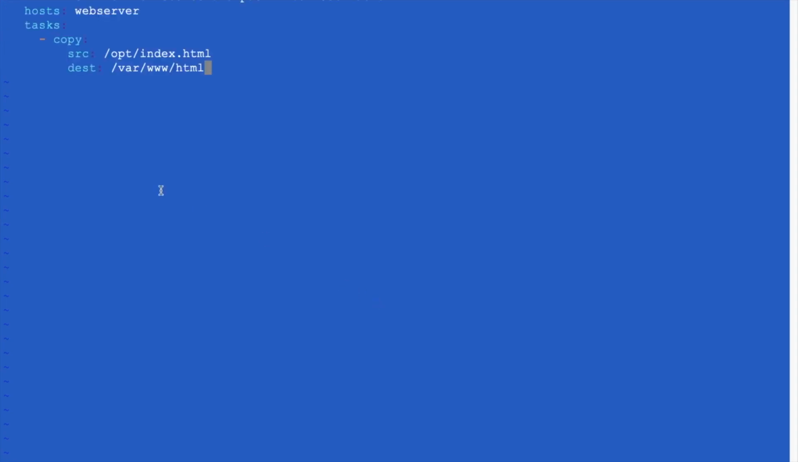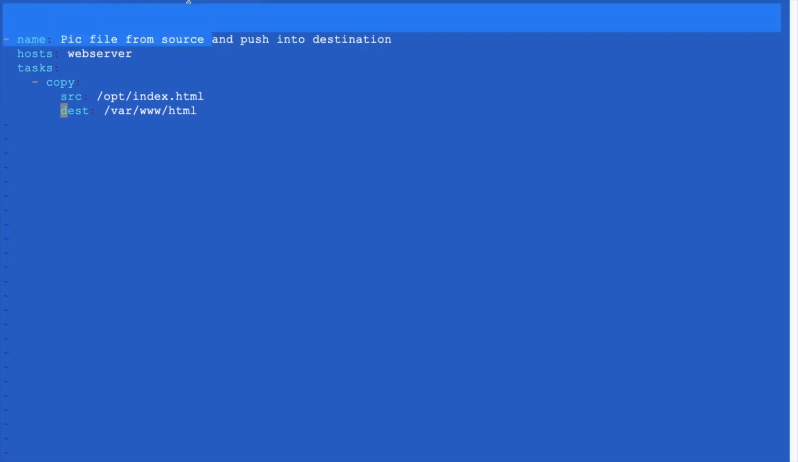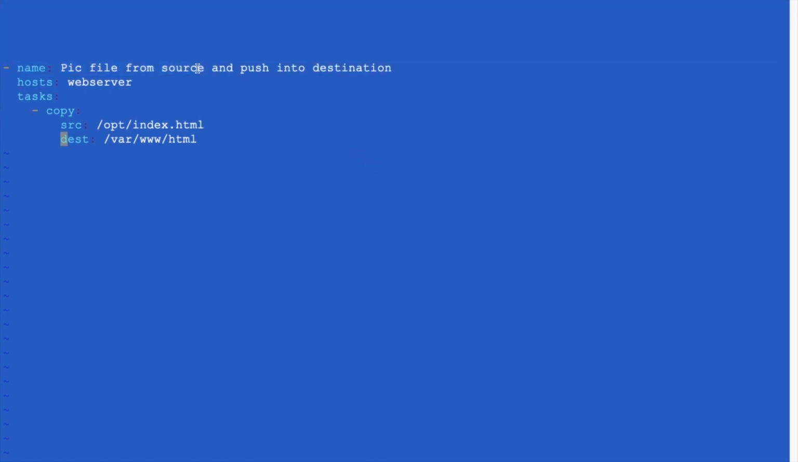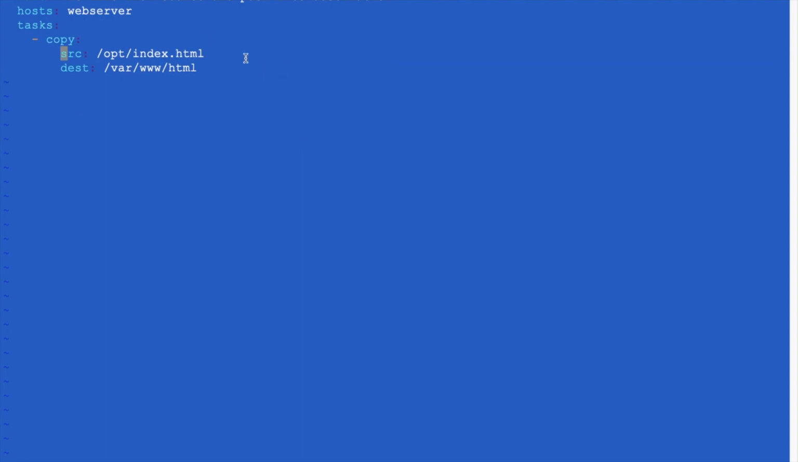Okay, so here what he will do, indentation should be clear, otherwise it will give the error. It will pick the file from the source and push into the destination. Source is what? Ansible. Okay, Ansible source code we have